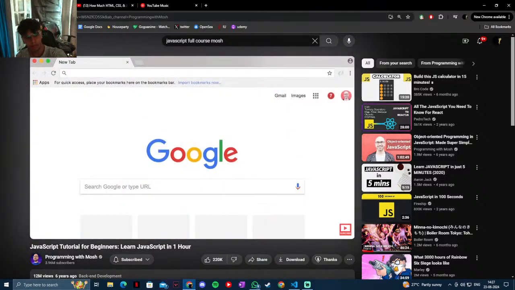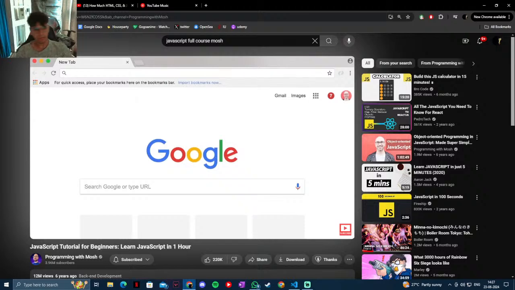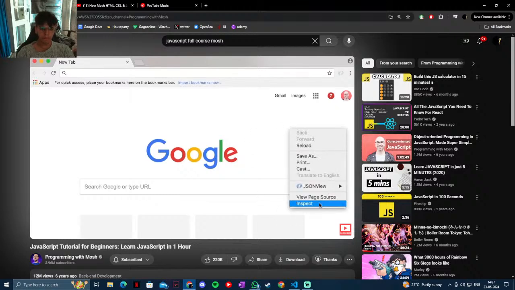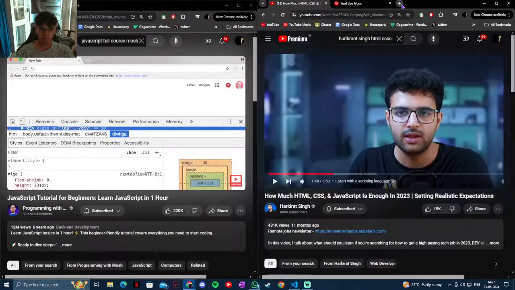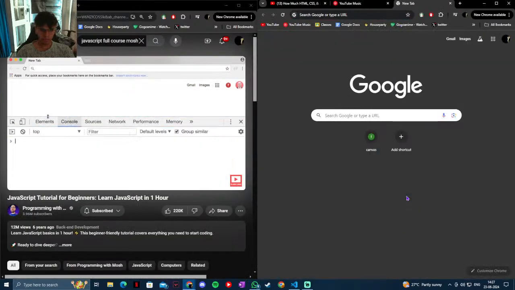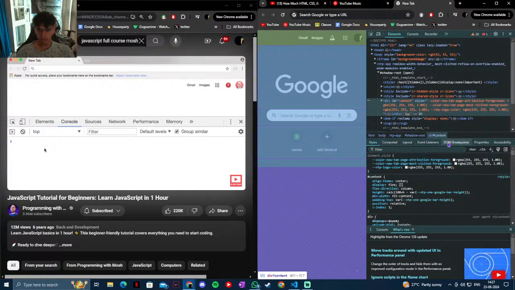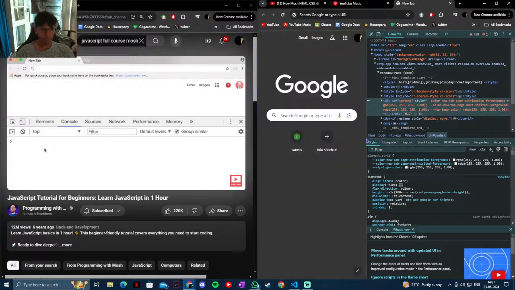So every browser has a JavaScript engine, and we can easily write JavaScript code here without any additional tools. Of course, this is not how we build real-world applications, but this is just for a quick demo. So open up Chrome, right-click on an empty area, and go to Inspect. Now this opens up Chrome Developer Tools. Here, select the Console tab. This is our JavaScript console, and we can write any valid JavaScript code here. So type this,